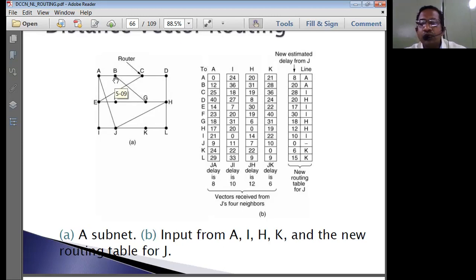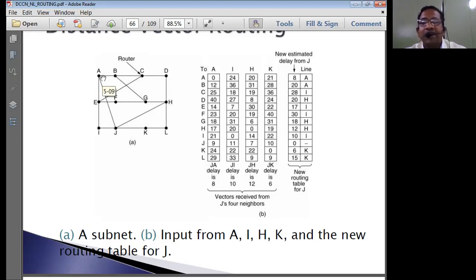Since that information is known to B, if a route is there via A, since A is damaged, B will try to take another route to go to the destination. If A itself is the destination, that information is given by router B to the nearest router, stating that the route to A is going to be infinity. Then immediately that router is going to change its routing table with an infinite value for router A.